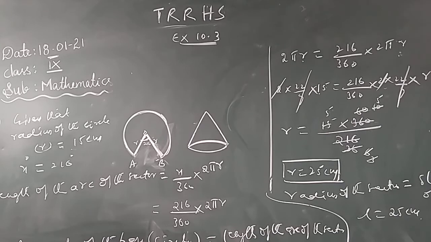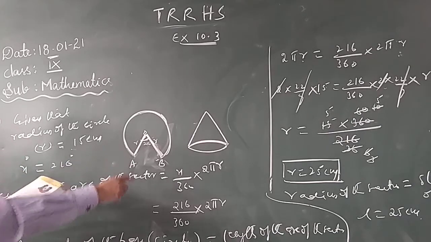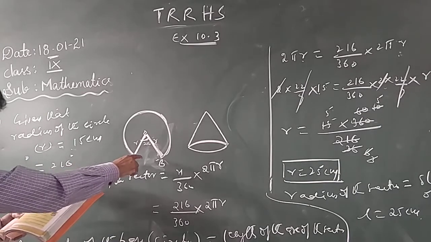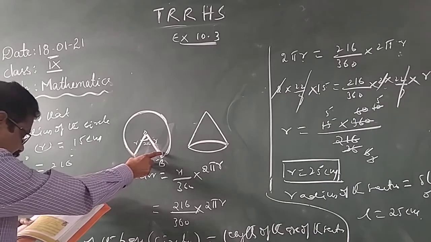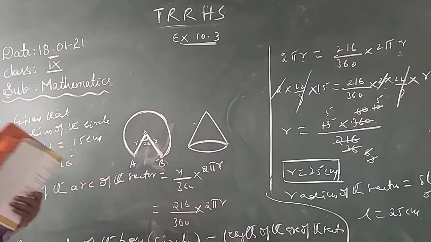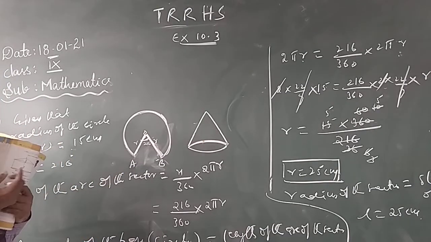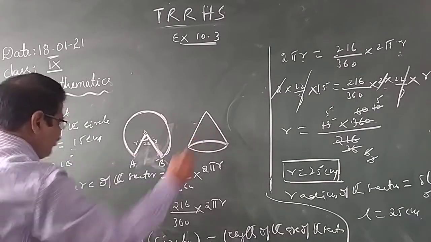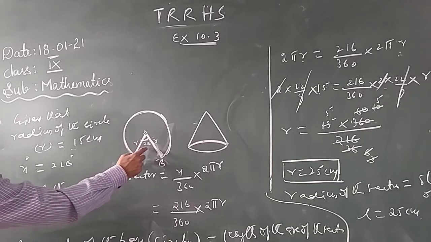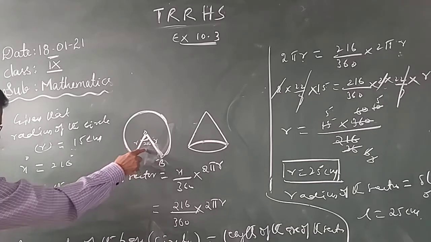From a circle of radius 15 centimeters, a sector is cut out. A sector with the angle 260 degrees is cut out and the bounding radii are bent so as to form the cone. So when the bounding radii are joined, it takes the conical shape. The radius of the circle is 15 centimeters. The angle made at the center of the sector is 260 degrees.